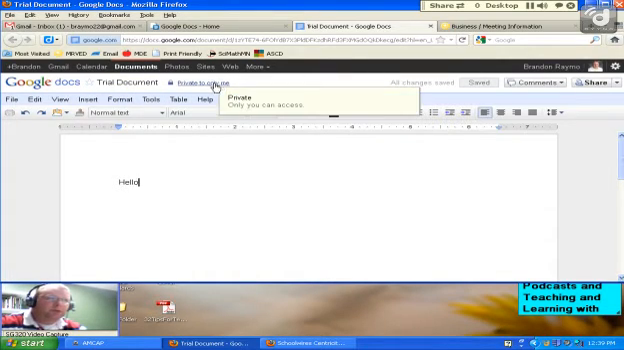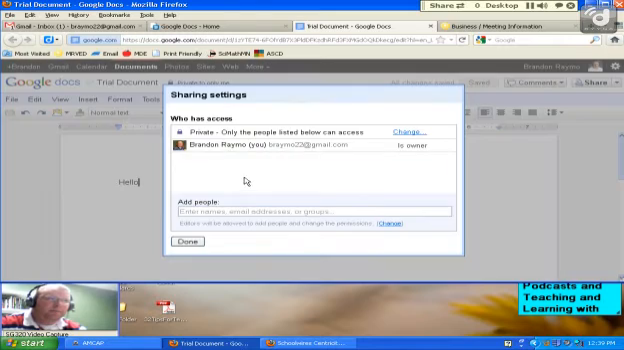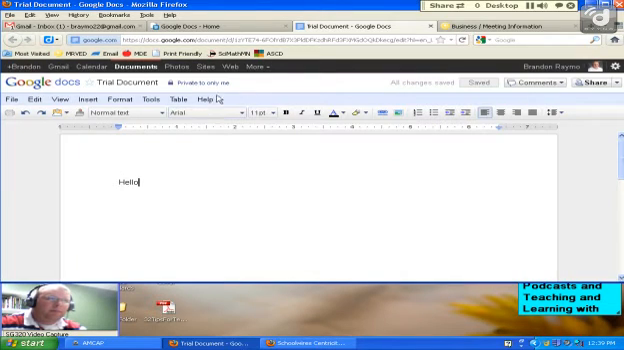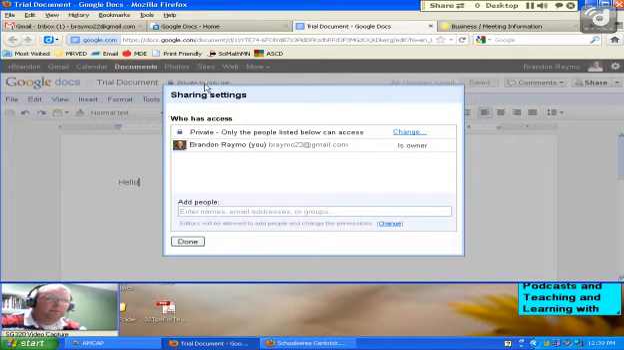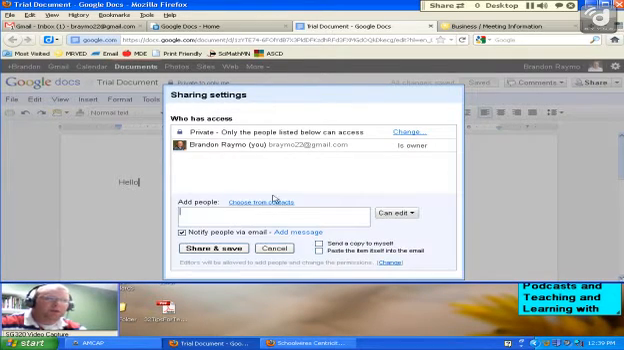I can also change my share settings. So right here you can see right now it's only private to me. So this is my document. Now if I want to share it with somebody, I can click on that private to only me, and it'll send me here. Now if I just want to share it with a couple people,